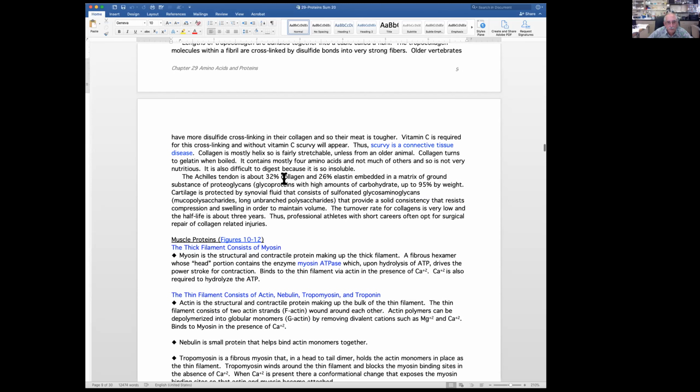here's a little bit of information about the Achilles tendon, just to give you an idea. The half-life of collagens is very long, about 3 years. So if you're a professional athlete and you get a tendon injury, more likely you're not going to wait 3 to 6 years for it to heal properly. You're going to get some surgery on it. Anyway, we'll stop right there and